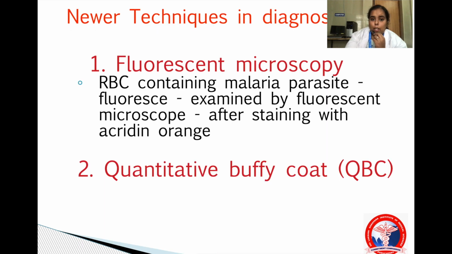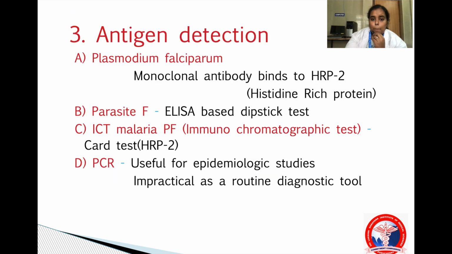Newer techniques of diagnosis include fluorescent microscopy, wherein RBCs containing the malarial parasite are examined by the fluorescent microscope after staining with acridine orange. Quantitative buffy coat, QBC, is also another method of diagnosis. Antigen testing for Plasmodium falciparum includes parasite F, ELISA based dipstick test,